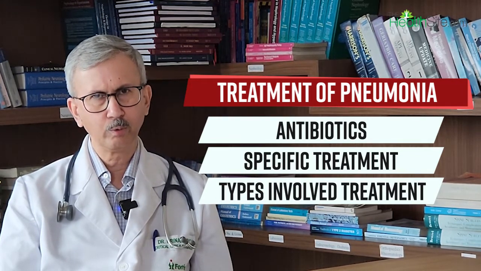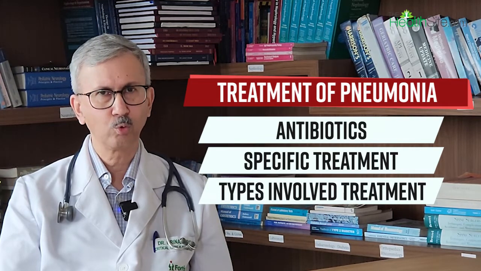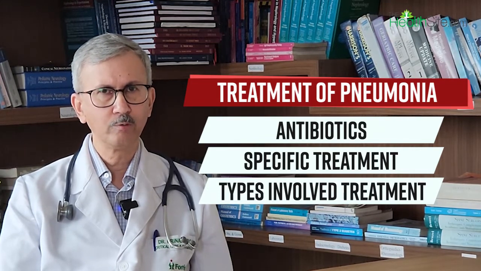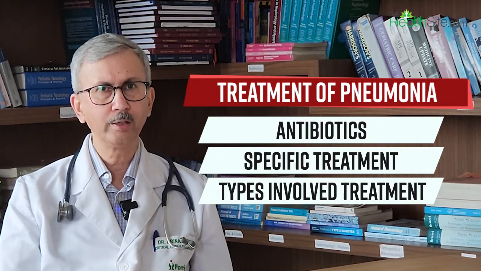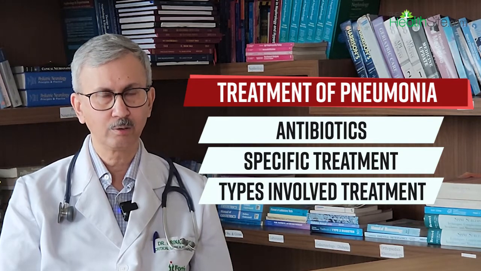A community-acquired pneumonia, with somebody who is healthy and is coming from his home with a pneumonia, is usually with less virulent organisms, whereas a person who already has some underlying lung disease or is immunocompromised, such as is diabetic or is on long-term steroids or is on some medications which decrease the immunity, for instance, for certain kinds of joint pains, rheumatological conditions, etc., or somebody on cancer chemotherapy, they tend to have more severe, more virulent kinds of organisms causing the infection.